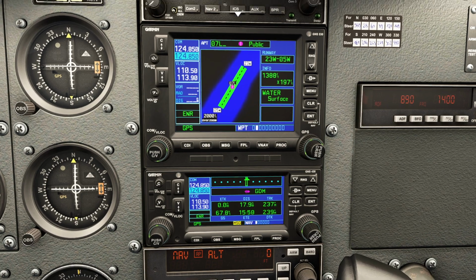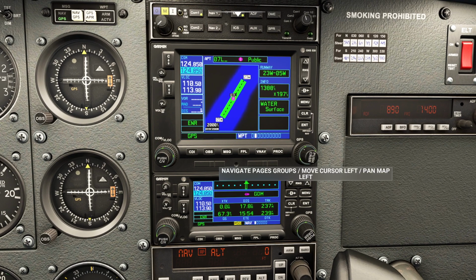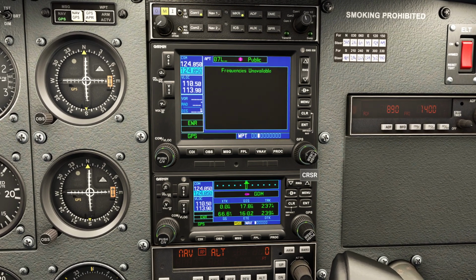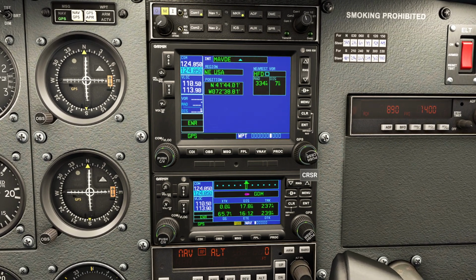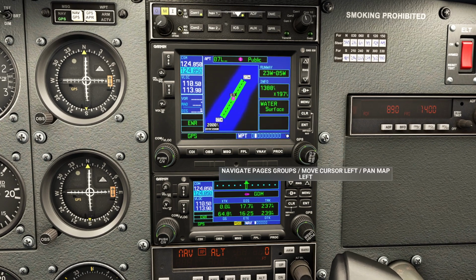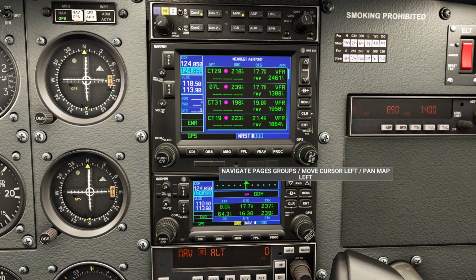And that's one of the reasons why I love this tool so much, is that I can do these operations and look at this. Notice we have no frequencies available. Notice none of this other stuff is going to work for us at all. So unfortunately, this airport's no good, but that's all right because we can come right back over to here, nearest,